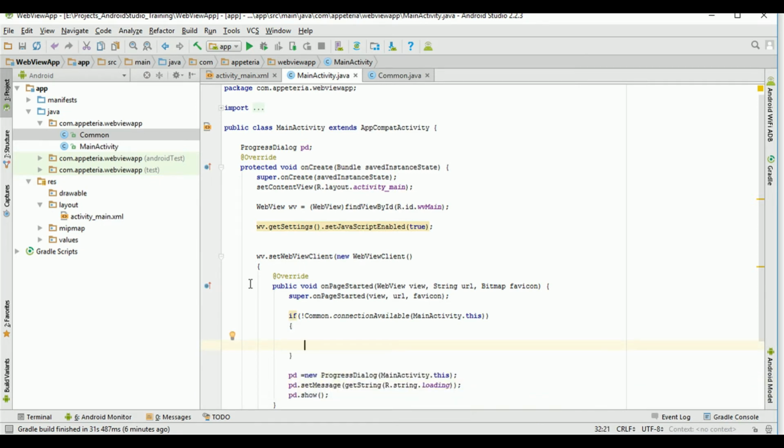The reason we are redirecting the user to another activity is that if we show the error here itself, the user will come to know that this is a web page and not an Android application, because it will show the web page error on our WebView. So to avoid that, we will redirect the user to another activity. So for that, we will add